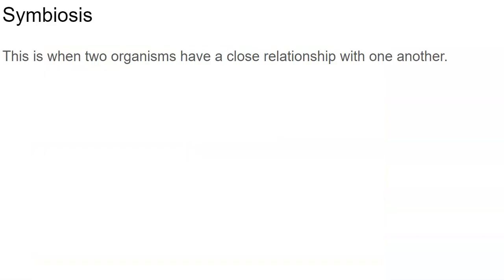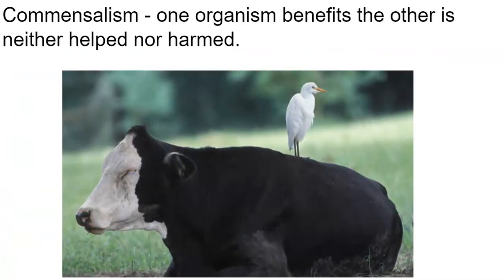Symbiosis, this is when two organisms have a close relationship with one another. Alright, so I'm going to take some examples, because symbiosis is further divided into three separate categories. Commensalism, one organism benefits, the other is neither helped nor harmed. So here in this example, commensalism is